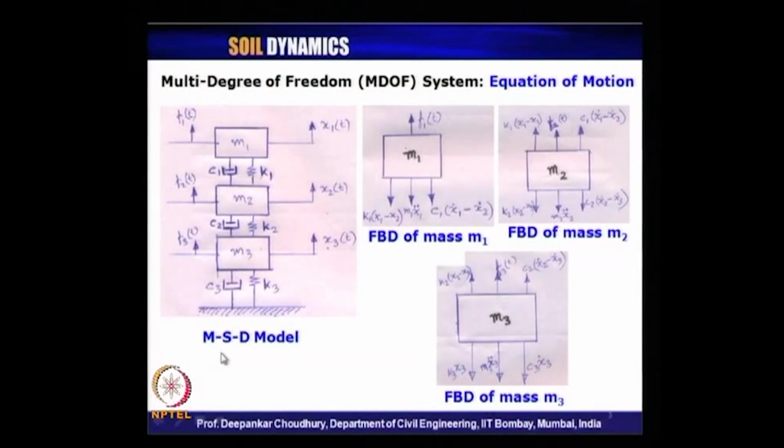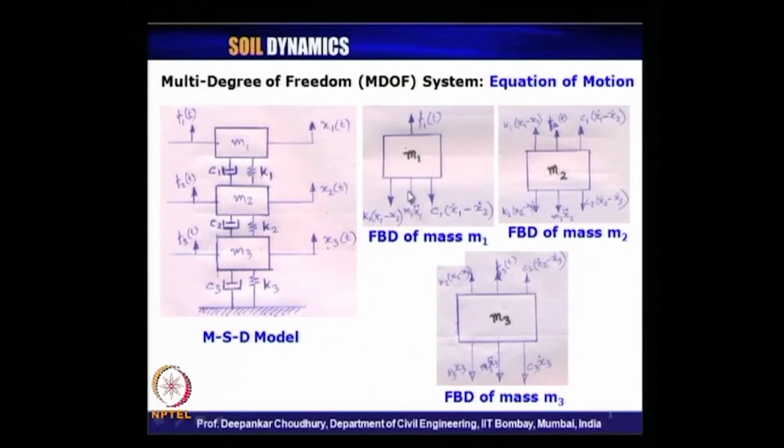system. We have seen the mass spring dashpot model for a multi-degree of freedom system. We had considered a 3 degree of freedom system with mass m1, m2, m3 and corresponding k and c values k1 c1, k2 c2, k3 c3, and our degrees of freedom were x1 t, x2 t, x3 t, 3 degrees of freedom, and applied dynamic loads to each of the units were f1 t, f2 t and f3 t,